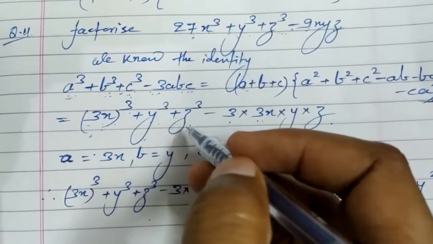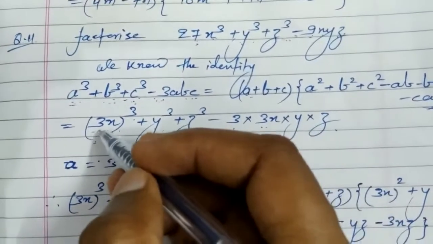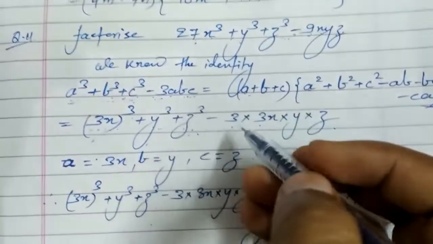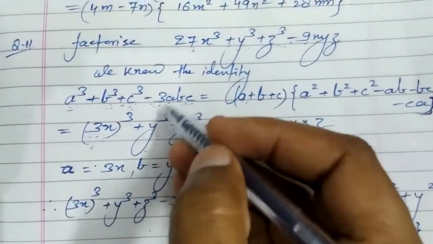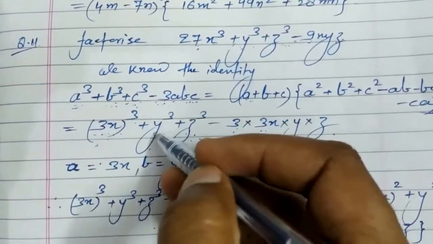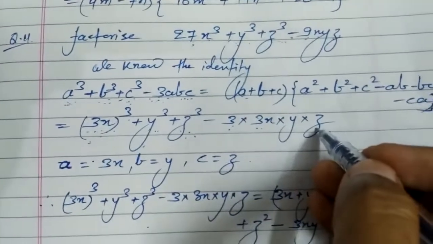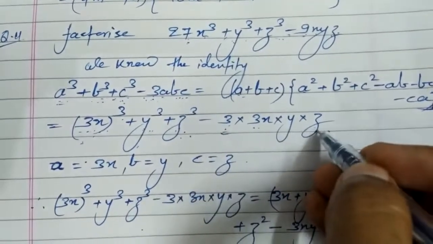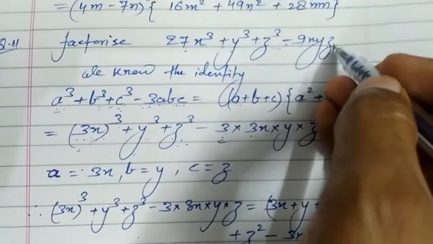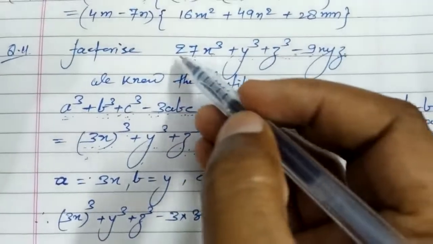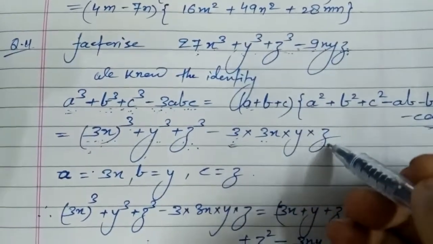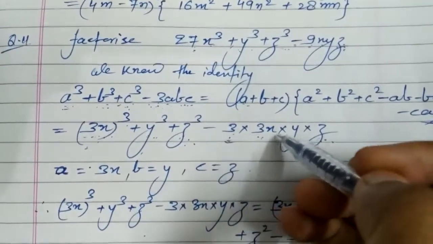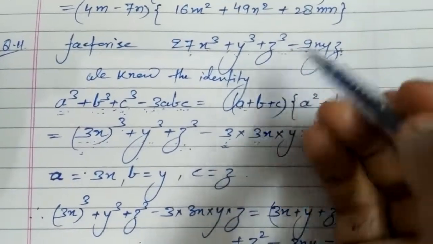And now you put the value of this a, b and c here in this form. Fine. So you put here 3 as it is, a, b, value of a is 3x, value of b is y and value of c is z. And now when you simplify it, you must check that this simplification should come equal to 9xyz, because we have simplified this form in this form. Fine. You can check 9 into 3 into 3, 9xyz. This is like this. Fine.